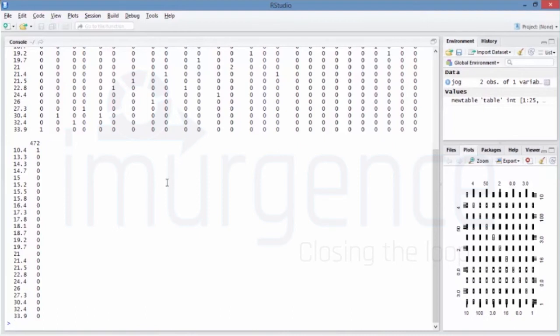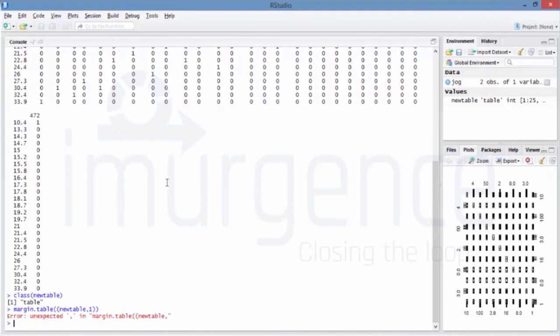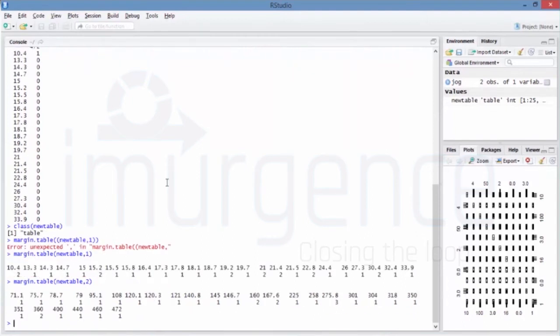You can have something like class of new table, so it says it's a table, right? You can say margin dot table of new table, which you have created, and just press enter. Okay, just remove this bracket, right? So you're basically getting the frequency counts over here, marginals. You can do that for the second column also. So based on the data, so 71.1, so we're getting,